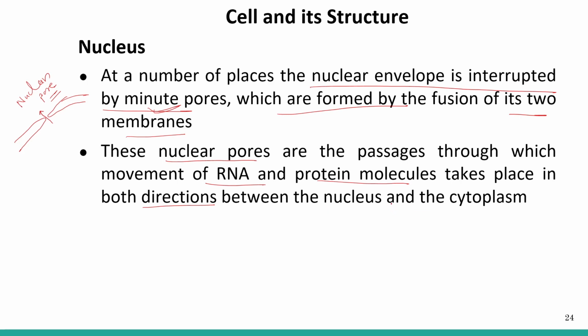So we all know that after the division of the DNA, the DNA divides equally, and that is the process of replication. Now on the DNA, RNA gets synthesized, that is the process of transcription. But the protein gets synthesized where? In the cytoplasm. So this RNA is a site of protein synthesis. So RNA comes out of this nuclear pore to the cytoplasm,